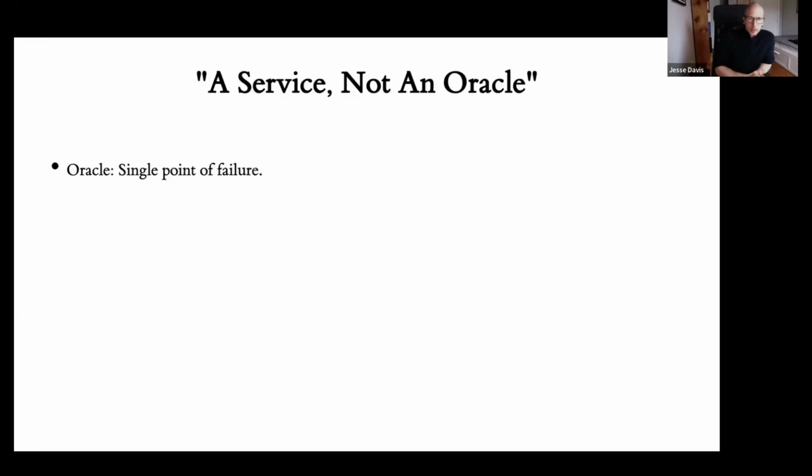So this paper proposes timestamps as a service, not an oracle. And what do they mean by that? They say that since an oracle is one server, maybe even if it's the leader of a consensus group, it's a single point of failure. And if it goes down, there has to be some period of unavailability, whereas they define a service as something which is not a single point of failure. I don't know if lots of people agree with these definitions of oracle versus service, but I think it's an interesting distinction, even if these words aren't necessarily the right ones for this idea.